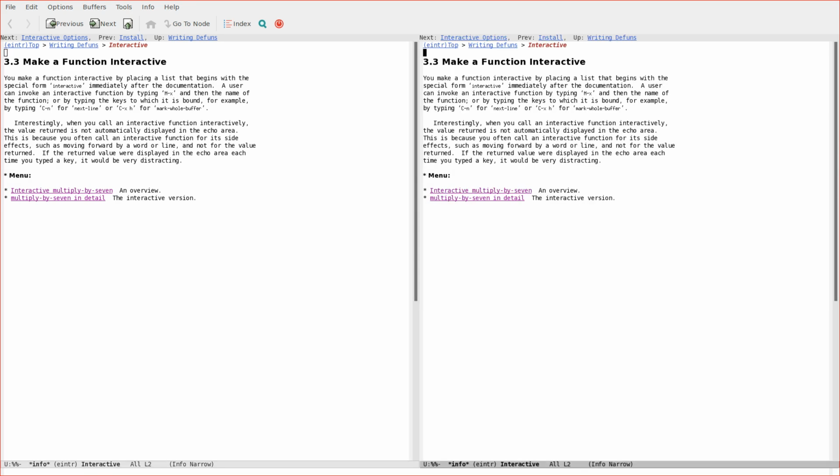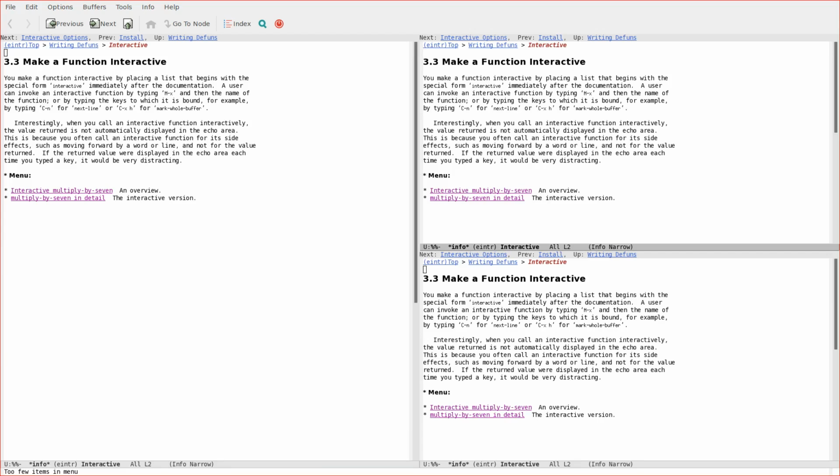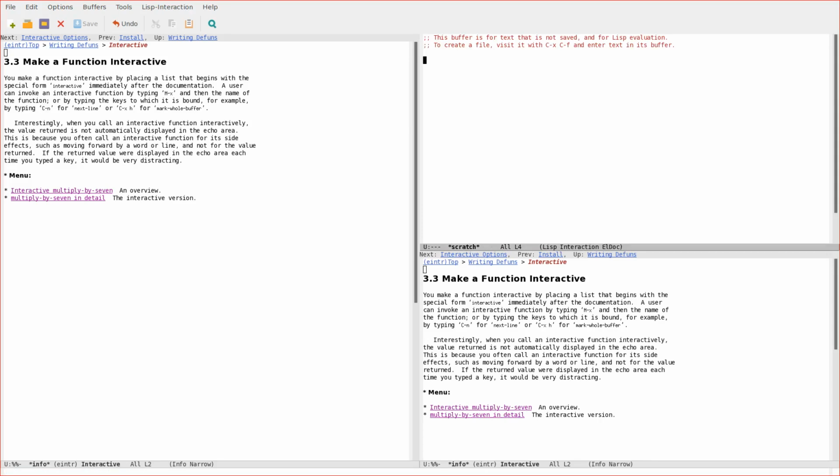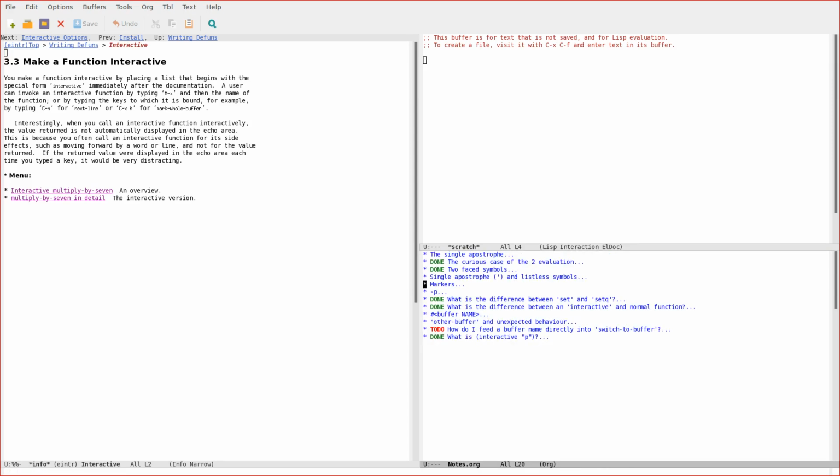So first thing I'm going to do is get my windows ready. In this window, I'm just going to open up the scratch buffer. And here I'm going to open up, I think it's in the Dropbox notes, this record of all the questions we have, how we answered them, whether they're still unanswered. Then I'm going to save this to a register, just Control X R W, I for introduction. And then